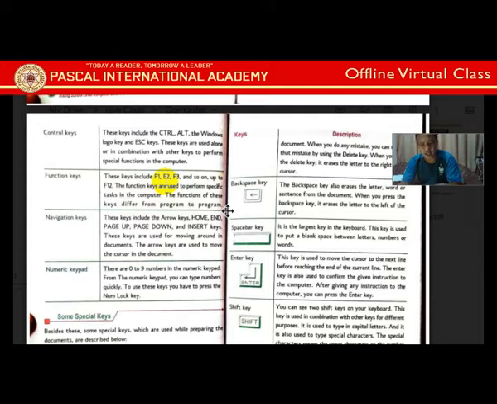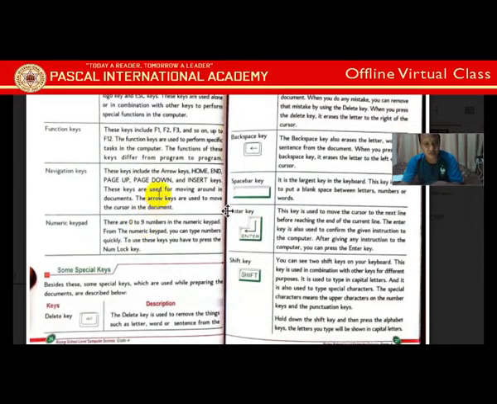And likewise there are other series of tasks. Another one is navigation keys. Navigation keys mean just navigate, go from here to there, left to right, top to bottom. That is called navigation. In navigation, there are page up, page down, and home. If you press the home key while your cursor is in the middle, it will go to the first point of the line. If you press control and home, it will come at the top, something like that. You can practice at home.